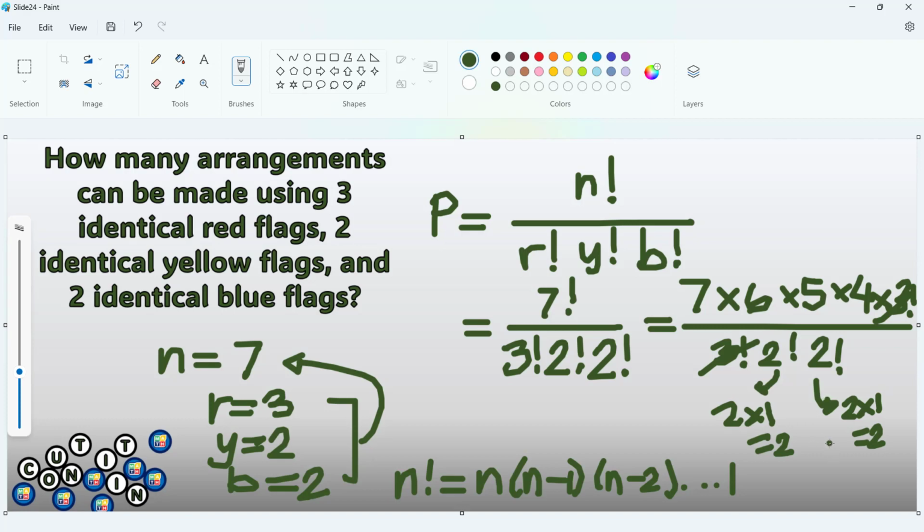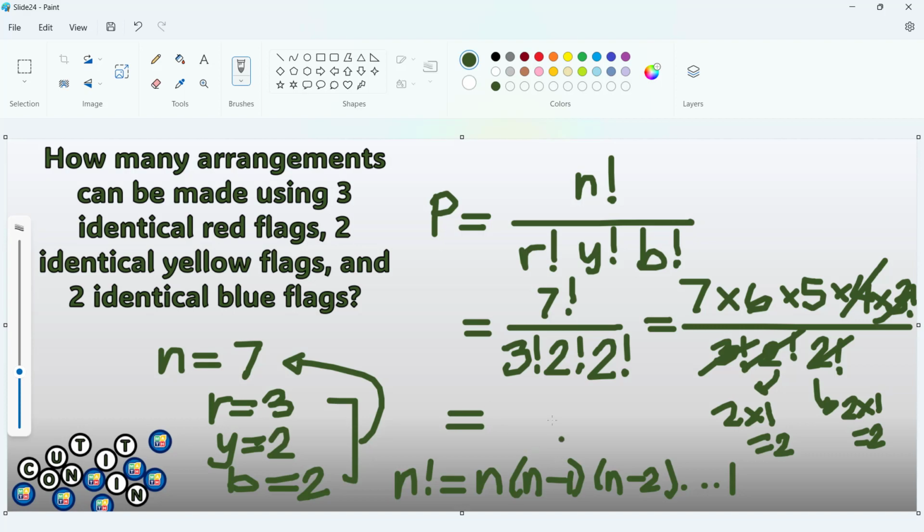Because 2 times 2 is 4, and I also have 4 here, I can simply cancel all these 3. What remains now are the numbers 7, 6, and 5 in my numerator, and that would tell us the number of distinct arrangements of these 3 identical red flags, 2 identical yellow flags, and 2 identical blue flags. We have 7 times 6